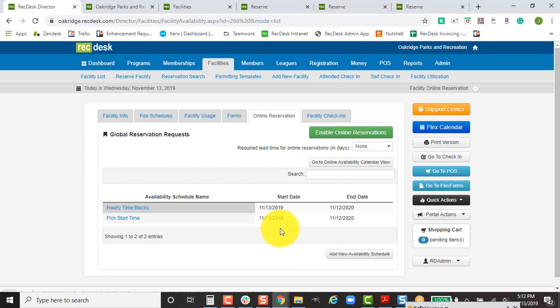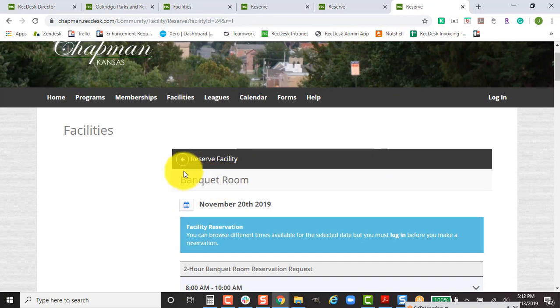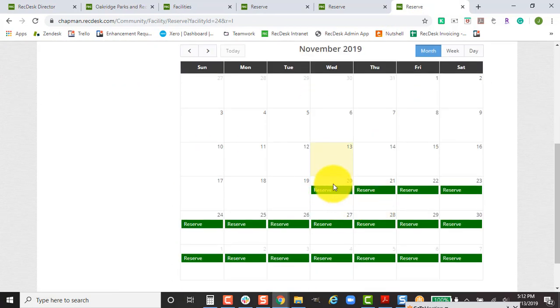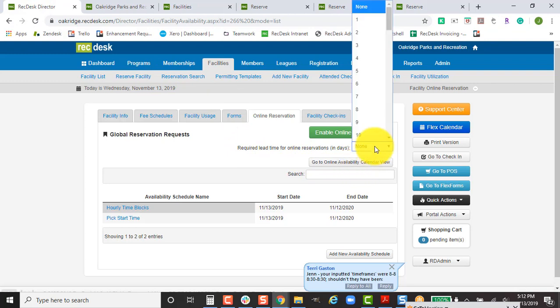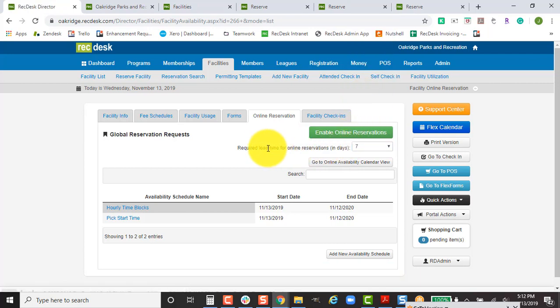And there's 2 steps before you can see this availability time, this online availability schedule, on the community site. Whether you want a required lead time for the number of days in advance. So I'm going to use this customer as an example again. If I go to their schedule, you see how I cannot click the word reserve until the 20th. It's because they have it set up that requests can only go in 7 days in advance. So that's basically what it does, it takes away the reserve button for 7 days in the immediate future